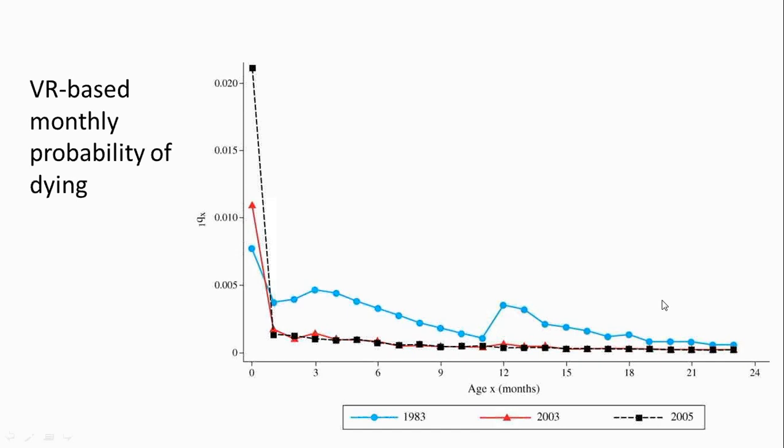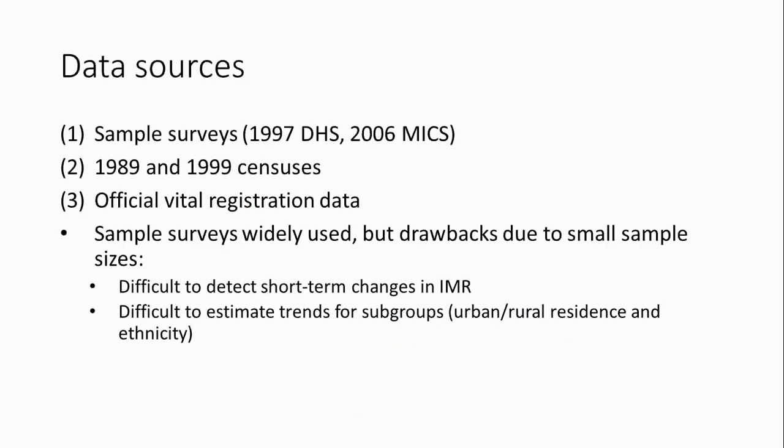Later on, look at this graph again. So anyway, it is clear that the VR data in Kyrgyzstan has some problems. So to evaluate the IMR trend, we used all the possible sources. We have a DHS; there is a new DHS now that exists, but at the time it wasn't available. From the DHS we do direct estimates. We have a mixed survey, from which we derive indirect estimates, and we also had access to the 1989 and 1999 census. And then we try to make use as much as possible of the vital registration data. And we basically try to adjust it.